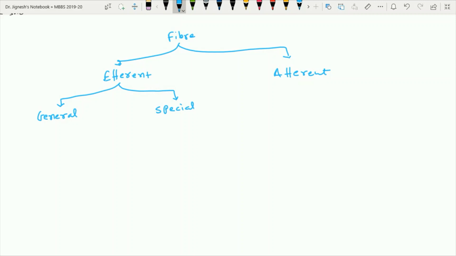And the general efferent fibers may either give fibers to the skeletal muscles, and these include the somatic type of fiber, or the general efferent fiber may reach up to the smooth muscles or the glands, and that's why this fiber is called the visceral fiber. So we can say the fiber which reaches the skeletal muscles of the body, other than those derived from the branchial arches, is the fiber of the cranial nerve that carries the general somatic efferent component,